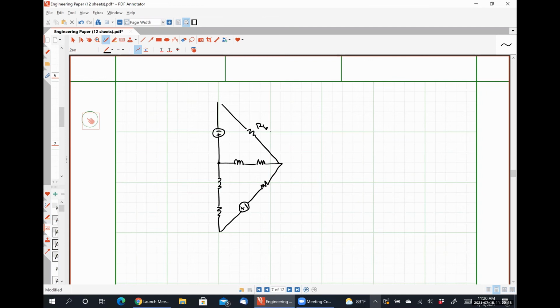So let's see. So this guy is R6. This current is I2. This guy is V2,